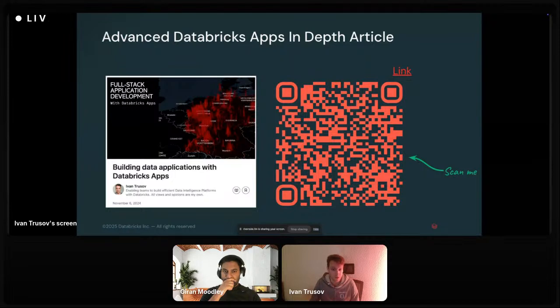It's available on LinkedIn. You can scan the QR code to get there. You can also find it by the name, and the source code is also provided. So if you want to repeat these steps or maybe fork the repository and build your own version of this, please feel free to do so.